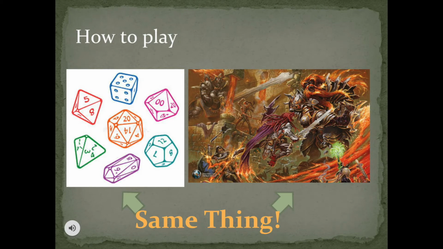How to play. We'll get a little more into the mechanical meat and the general concept of the game. But one thing that I would like to elaborate on before we start is that you're at the table, you've got a character sheet with some numbers and some dice. That's how you see the game for the most part. Once you actually start playing the game, you'll see in the image on the screen, you've got your dice on the left. Actually playing is the image on the right.